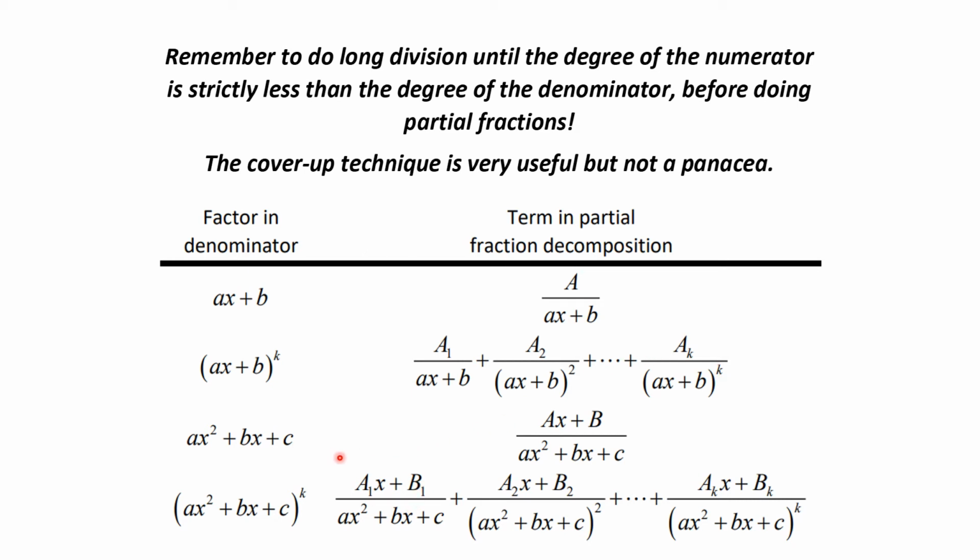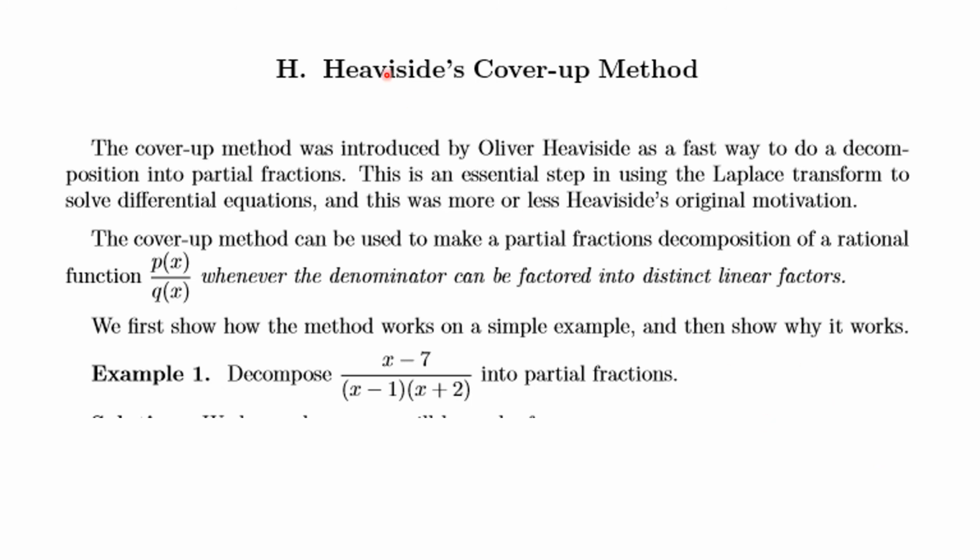And similarly, for each irreducible quadratic form, we have ax plus b over that. And if it's raised to the k factor, I have k of those terms. Yes, we're going to be doing this, and you probably want to review this a little bit. A quick way to do this, and I'm putting a note in your syllabus tab, but many of my engineers like using the Heaviside cover-up method, and this is a